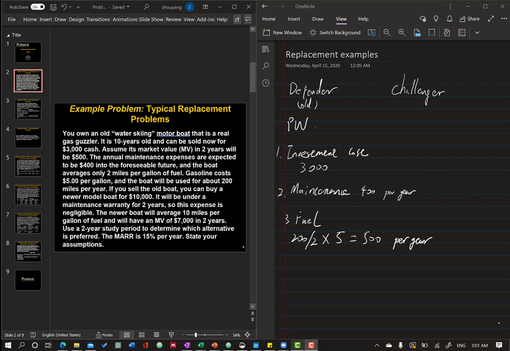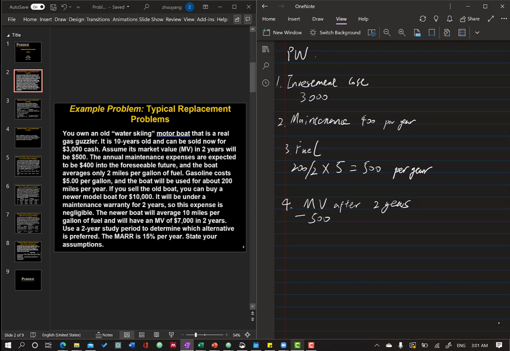Then the last piece will be its market value after 2 years. It will be considered as a benefit, and we will have a negative sign because we want to get the present worth of the cost. So we will have minus 500. And then we just put all the ingredients together, and we will have our present worth of the cost of the Defender as